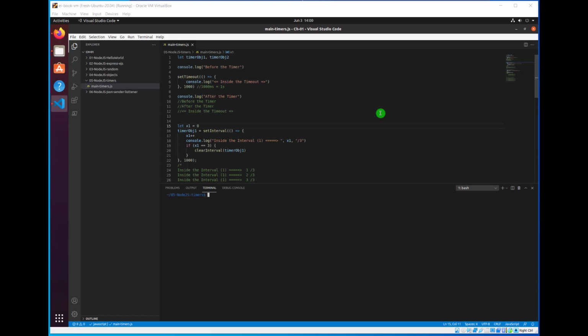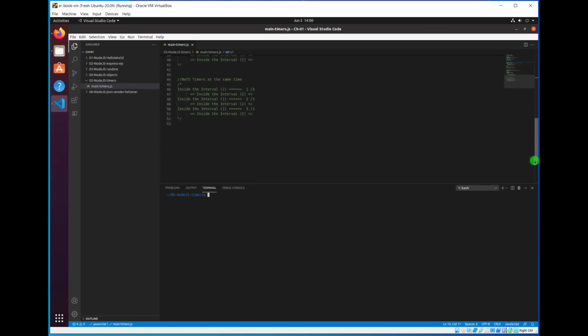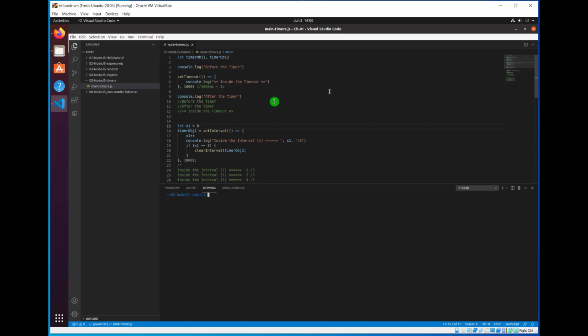And here are the three main ones. We have three of them. We have the timeout, we have the interval, and we have the immediate. But the timeout and the interval are the ones that we're going to use. And through this very simple example, I'm going to show how you can actually set the timers to go off at a specific time and do something